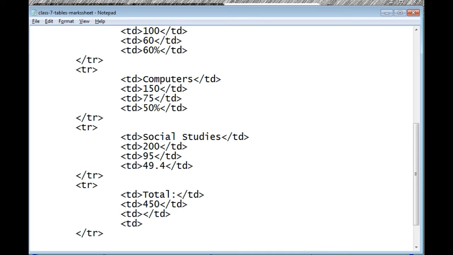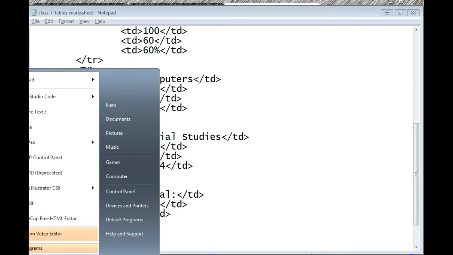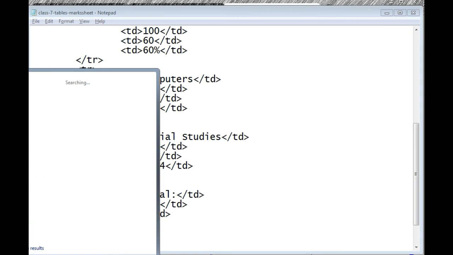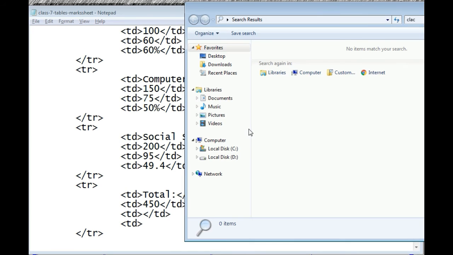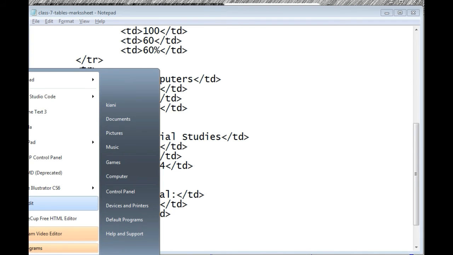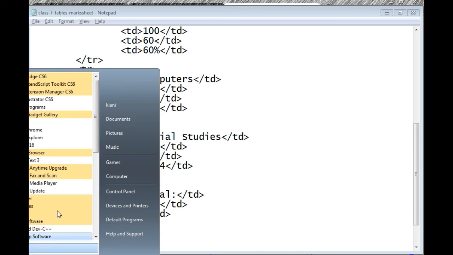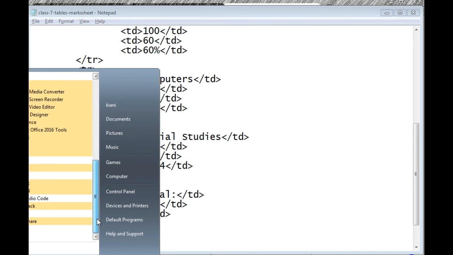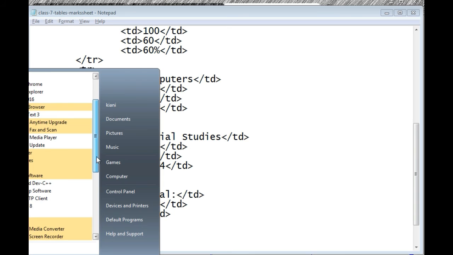okay, let's calculate. Calculator, where is calculator?